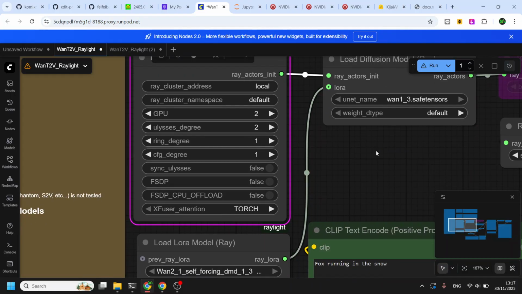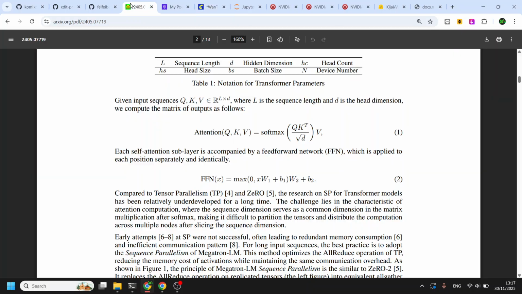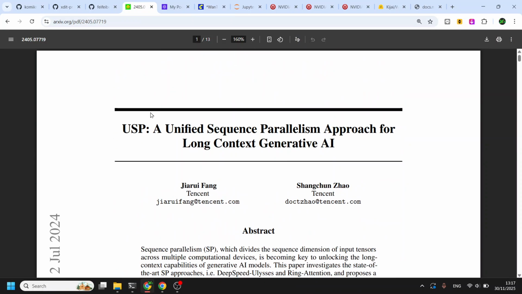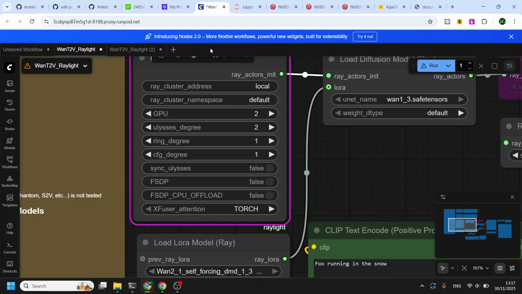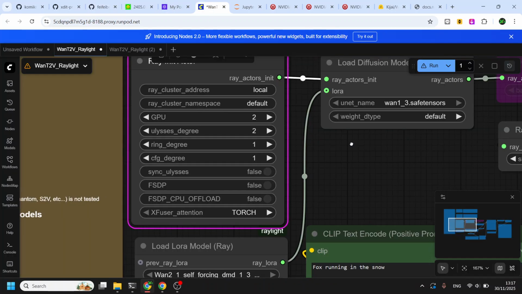Unified sequence parallelism itself is internally split between Ulysses and ring degree. You can read about this, why it is important. Anyway, the rule of thumb is that this multiplication must be equal to your number of GPUs.